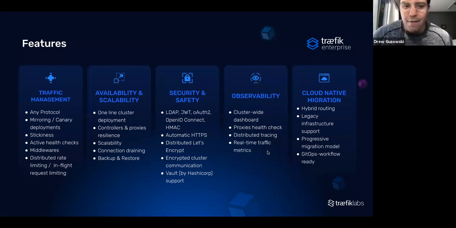Okay, and just a full list of what the Enterprise Edition does. The Enterprise Edition is what we're going to be focusing on today. Here's a full list of it. If you're especially interested in some of these features, maybe you can take a screen grab and talk to one of our salespeople about this, and we'll be happy to give you any documentation or context that you find interesting. But at a high level, we break it into 5 buckets as to what we help people do: traffic management, availability and scalability, security and safety, observability, and cloud native and migration. Now we're going to be highlighting a series of new features today,